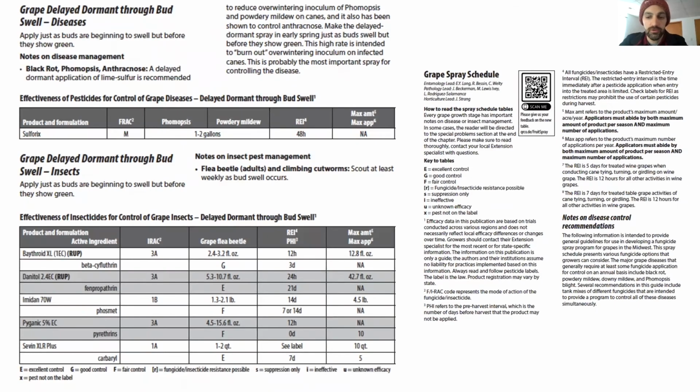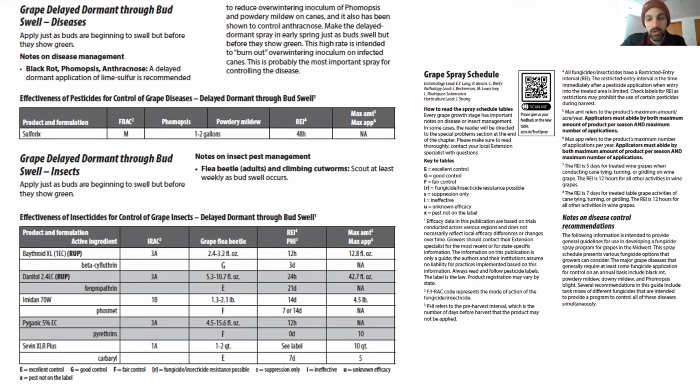When you actually look at the crop pest stage tables, you'll see that there's quite a bit of changes here. We've broken out insects and diseases largely through all the crops and the crop stages. What you'll see here is we have the products down the left-hand side, and we have the pest across the top of the table. In this case, we only have one pest at this particular growth stage.